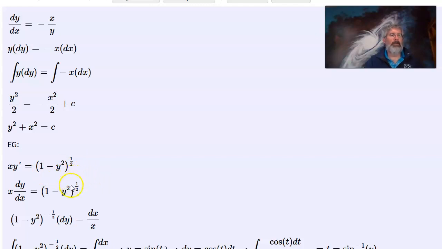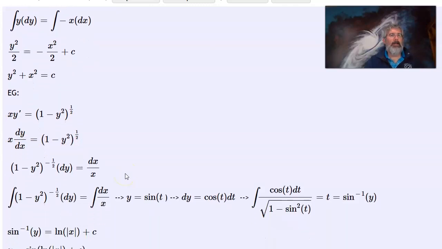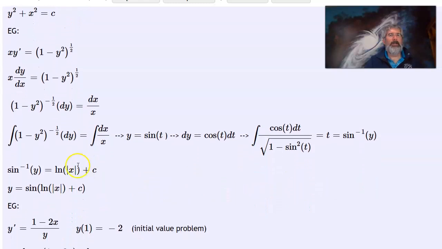First, I'll write the y prime as dy/dx, and then I'm going to divide both sides by the square root and by x, and we end up with 1 over the square root of 1 minus y squared times dy equals 1 over x times dx. Integrating both sides now